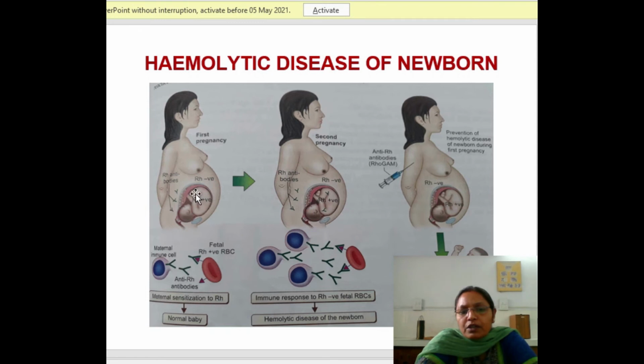So the first baby is a normal baby, but in the subsequent pregnancy the sensitized immune system is there in the maternal circulation, and if there is a second Rh positive baby, the RBCs of the baby